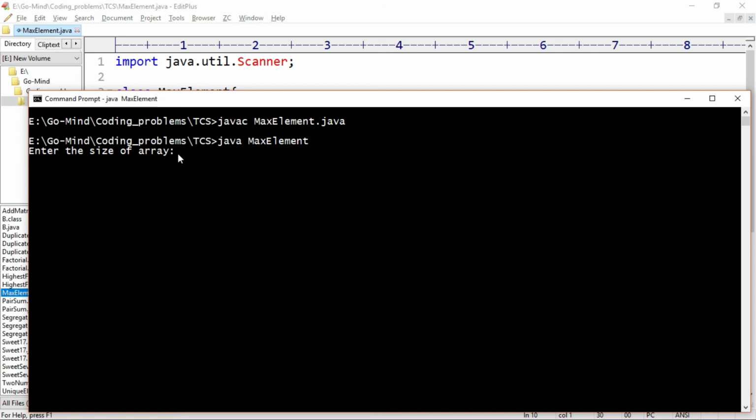So first we have to enter the length of the array we want, let's say 5, and now the array itself, so 2 3 4 1 5. See, our output is 5. Okay, so you can check for more test cases.